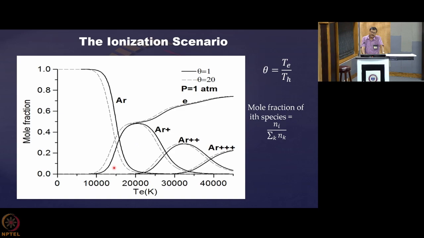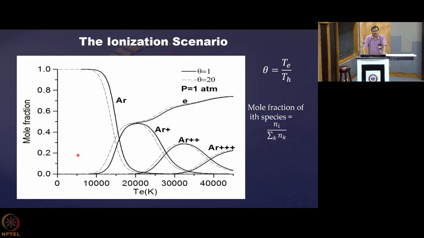And you are seeing that electrons are exactly following the argon plus curve, because each electron is coming from each ionized argon atom. So that is why they are following the same graph. But when it reaches around 20,000 degree Kelvin, you see that double ionization starts. That time each double ion is contributing 2 electrons. So that's how the electron density is now increasing, and that is now not following the argon plus line, because argon double plus started contributing electron, and that is twice the contribution from argon plus atoms.